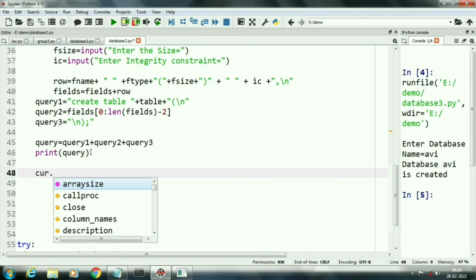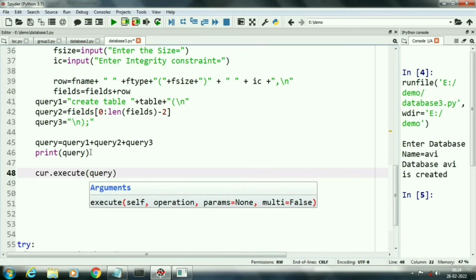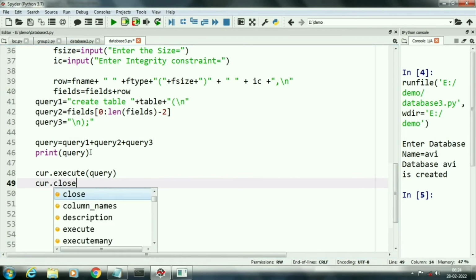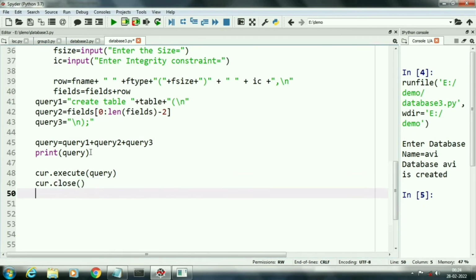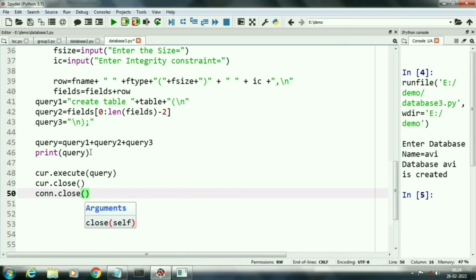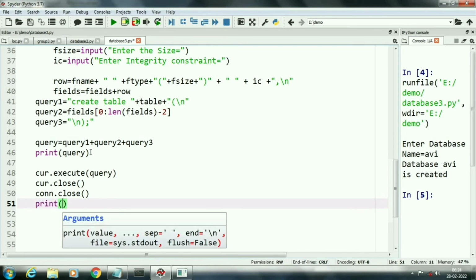Now we will use the cursor to execute our query. After execution of the query, we will close our cursor and close our connection. At last, we will print the message that we have created the table successfully.